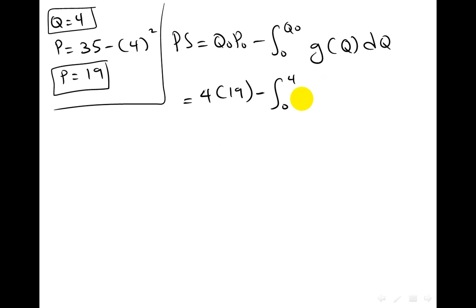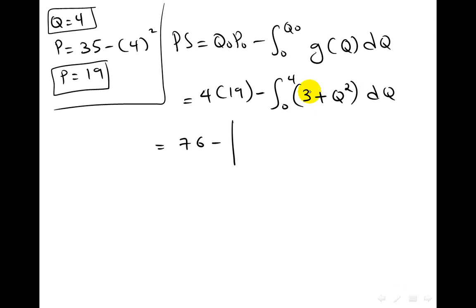Here you have two functions. If you remember, you have a supply function and a demand function, but of course here you'll use the supply. Why am I using the supply? Because this is the supplier surplus. The demand function was given only to find the equilibrium price and quantity. Anyway, here 4 times 19 will give you 76 minus,